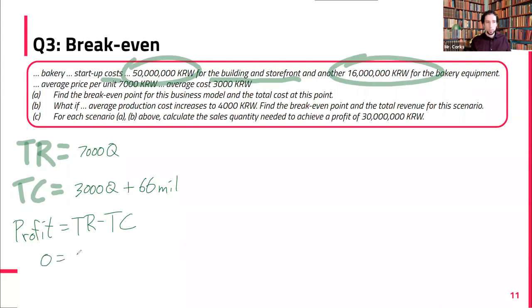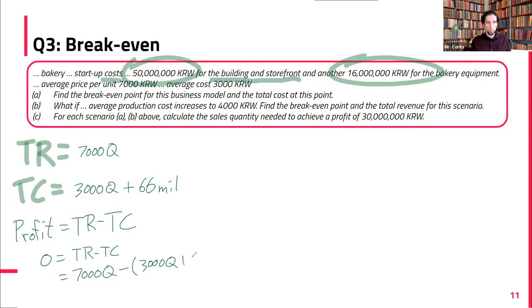So when 0 equals TR minus TC, in that particular case, I think I have enough space down here. So we will get our 7,000 minus 3,000. Actually, I need to write this out to explain something. So minus bracket